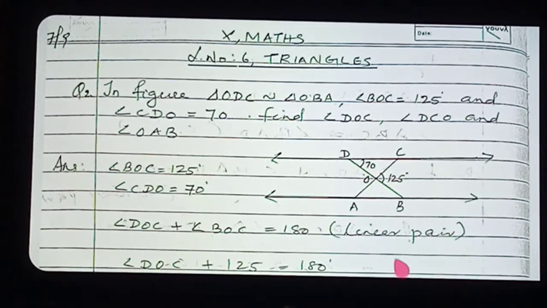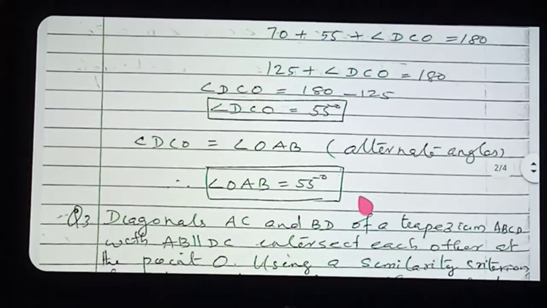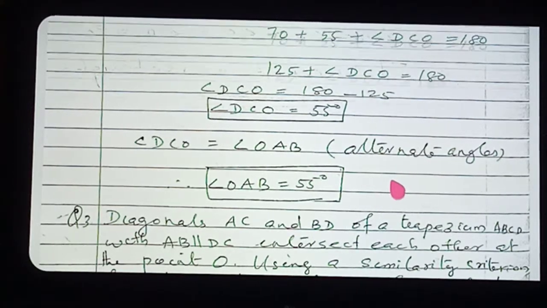Now what is your question? You want to find out OAB. OAB. Okay. So you know that this angle DCO, and ODC is also given, from that also you can find out. But I hope what I have written is from alternate angles, or corresponding angles, something like that. Okay, see what is given. So this angle I have taken as alternate angles. That method also you can apply, alternate angles.